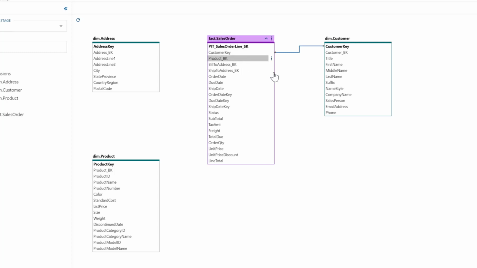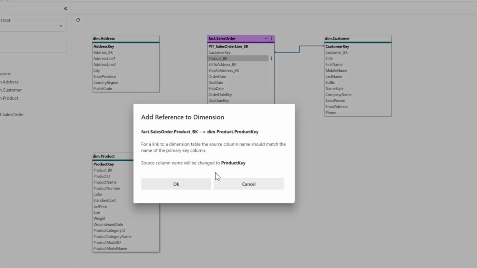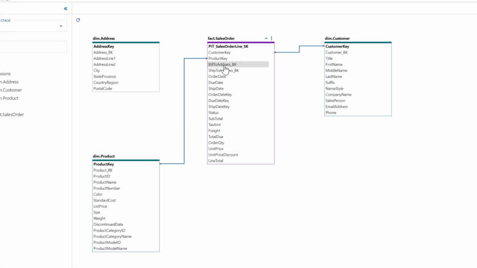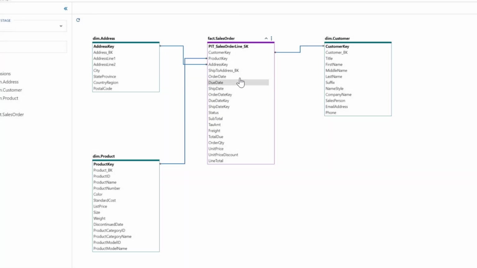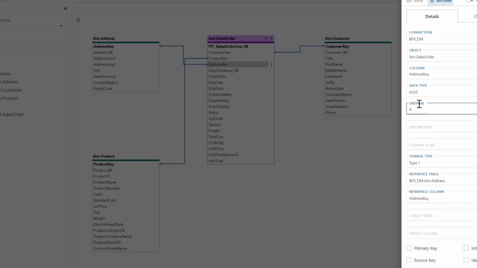So I'll do exactly the same here for the product BK, add a reference between this and that, and it's going to say the same thing. Then the bill-to address, reference between this and address, say okay. And as you see here, as I've added this reference, it calls this one address key. I actually want to go and edit this column and rename this to my bill-to address key,